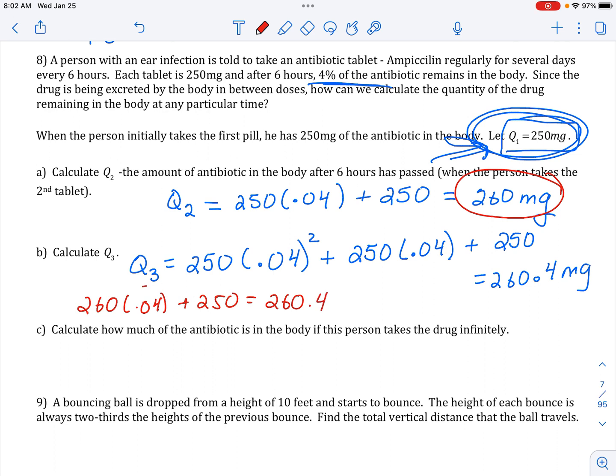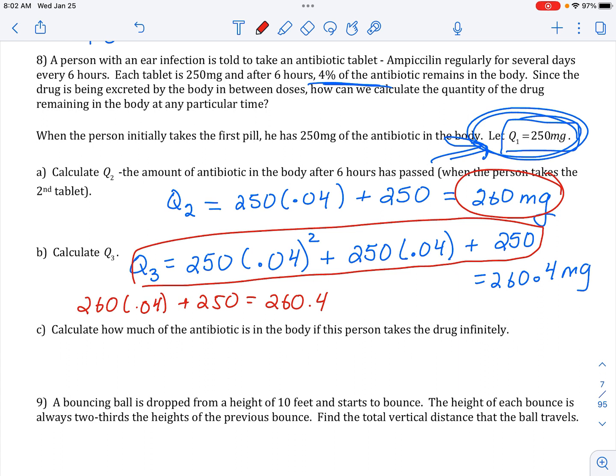But when you write it out this way, do you notice that this is a geometric series, right? What are you doing every single time? You are multiplying by 0.04. So that's your R value. Your first term is 250. That's what we start with. So this is a geometric series that does converge. So the sum is 250 A over 1 minus R, and you're going to get